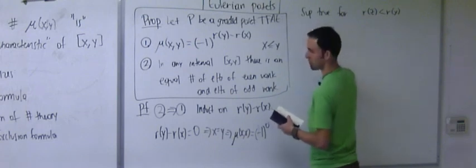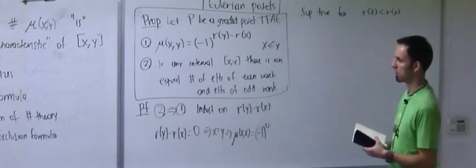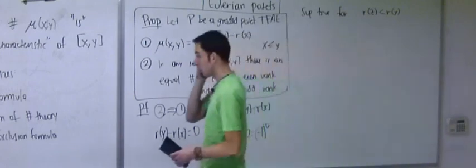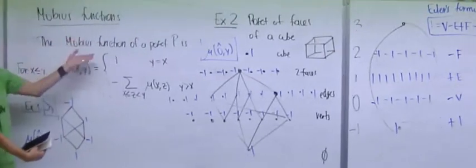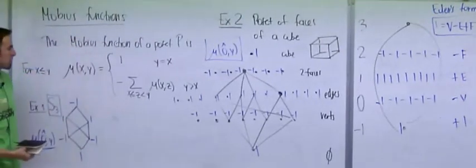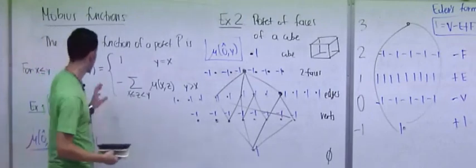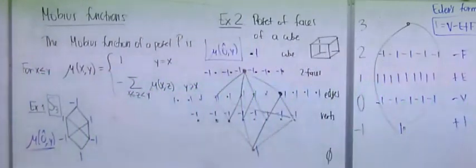So let me show something to you, which maybe you noticed already, which is that the way that I define the Mobius numbers by saying that mu of x comma y is minus the sum of the other ones. Basically, what I want to accomplish is that if I add up the numbers between x and y, I always get 0, because the top one is minus the other ones. Okay? And so let me rewrite that condition in this way. 0 is equal to the sum of all the numbers in the interval, where now I include y.